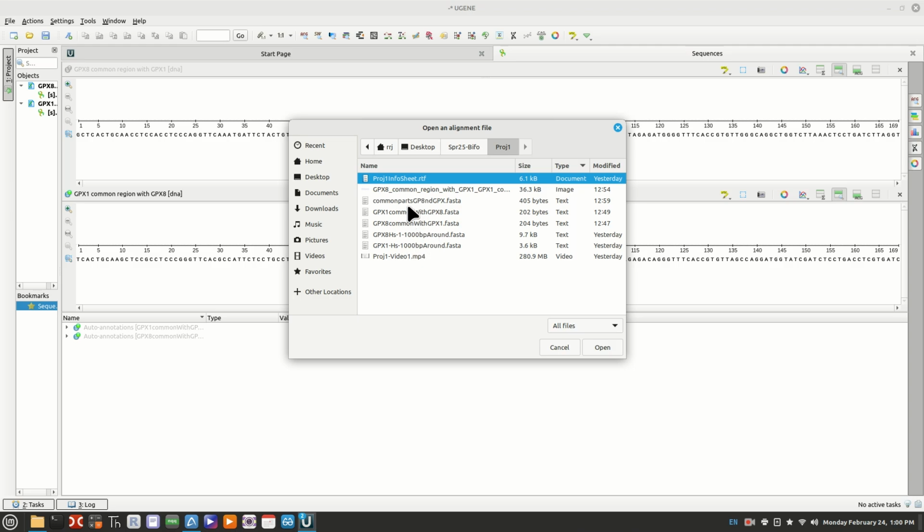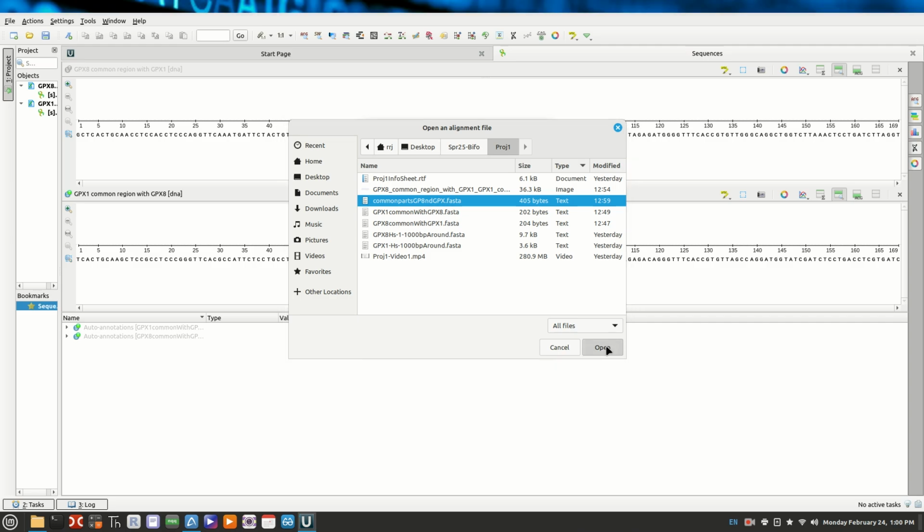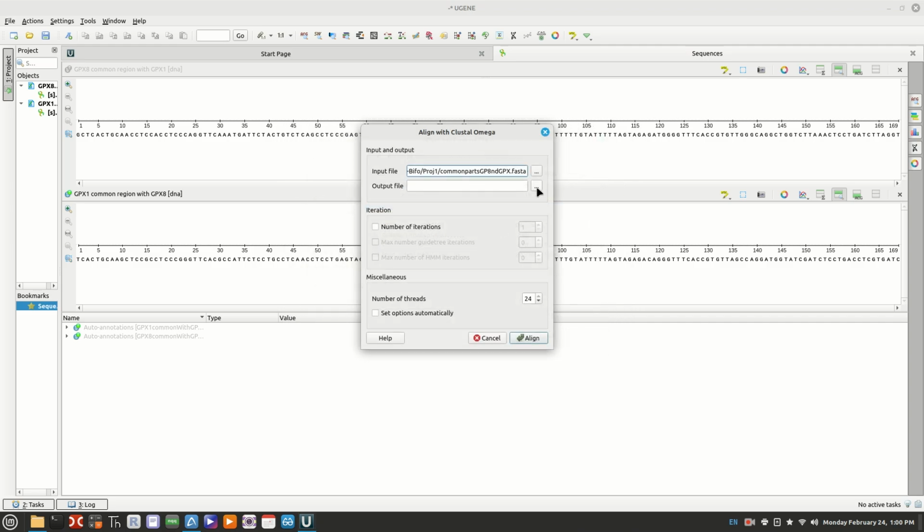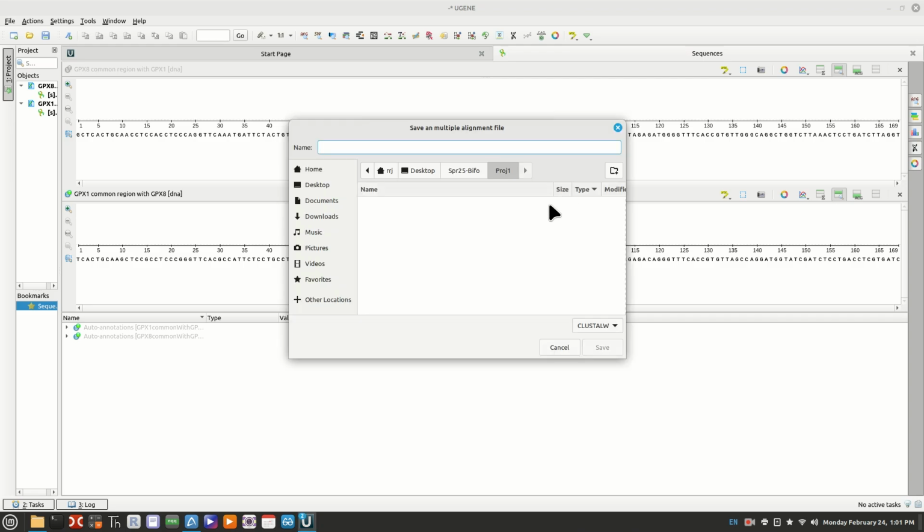Well, maybe I didn't rename it. Oh, this one here. Common parts. And right here. Okay, and we open that. Now we have to put an output file. And this one you should make an ALN. And so the name of this file, we're going to go